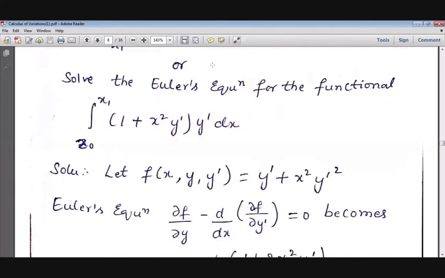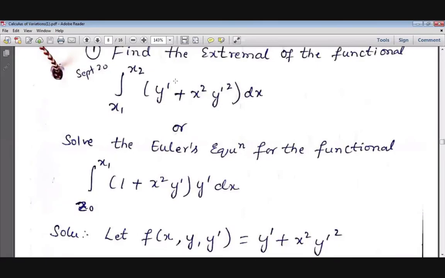First thing, take this thing as f of x comma y'. Write this as f of x comma y'. Okay, after that,